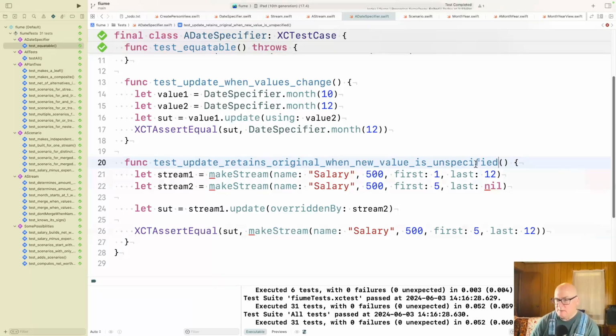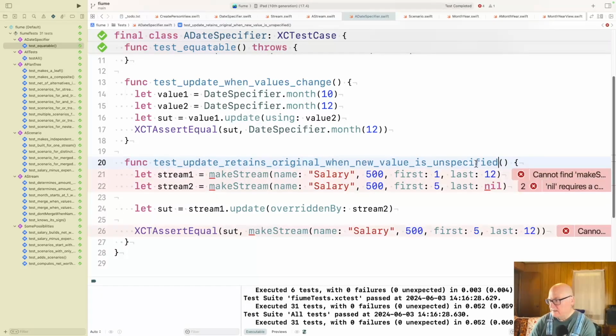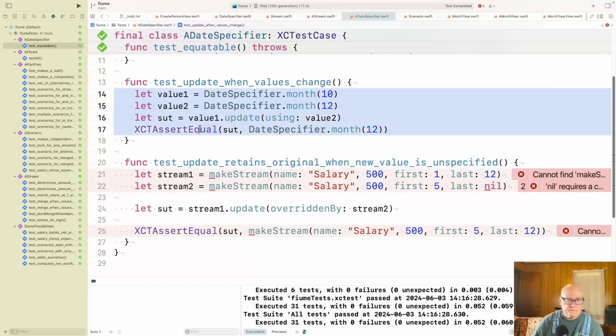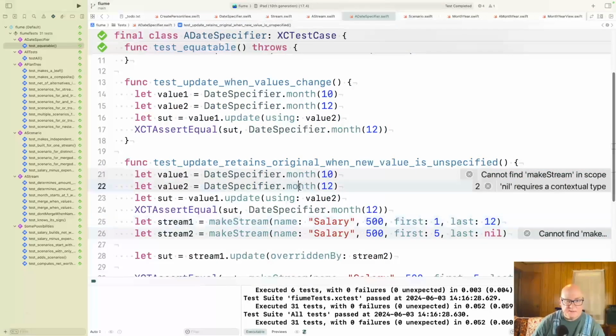And there's probably a better word than unspecified. Well, this is probably closer. All right, so we want the second one to be unspecified. Value 1 updated with that should be month 10.